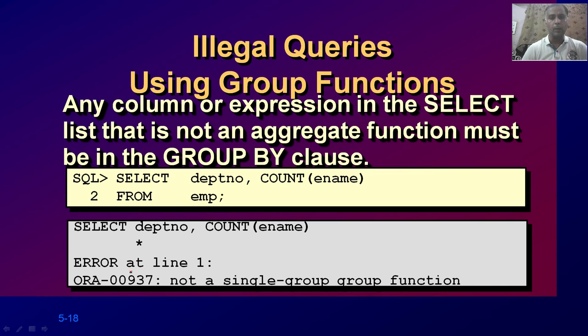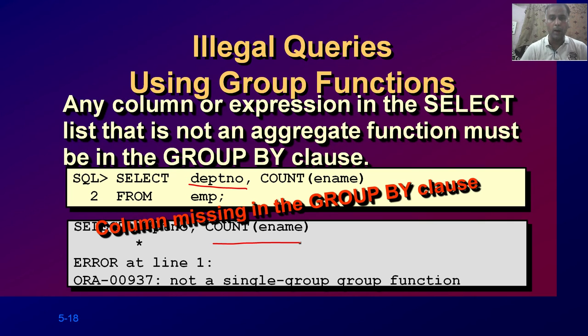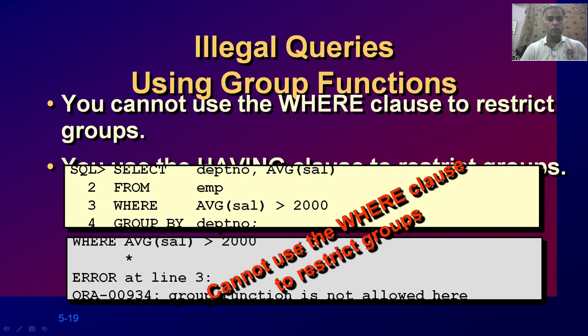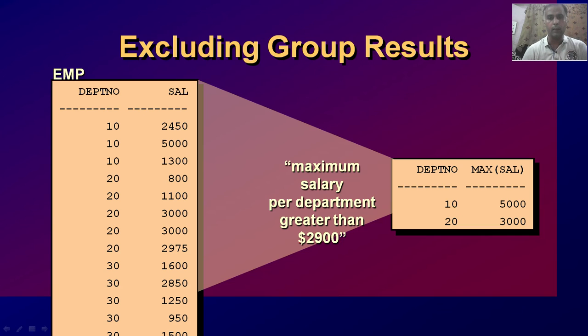Sometimes we write a query with GROUP BY that may be illegal. Select department number, count, ename from EMP. Select department number, comma, ename. We cannot apply GROUP BY on the ename. It's a wrong way. So these are illegal queries, some we are trying to understand. Sometimes we write some wrong queries. So again, it's an example of some illegal queries.